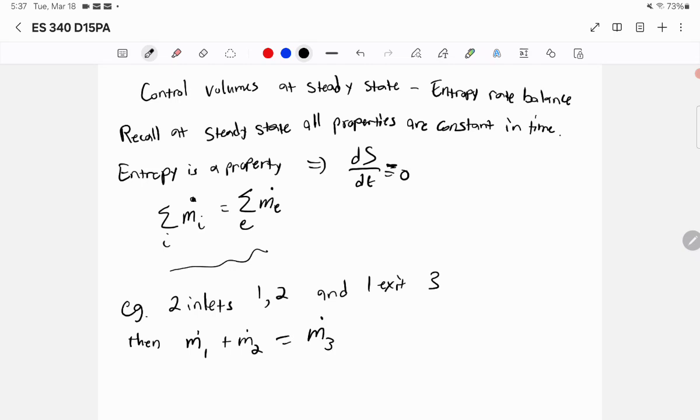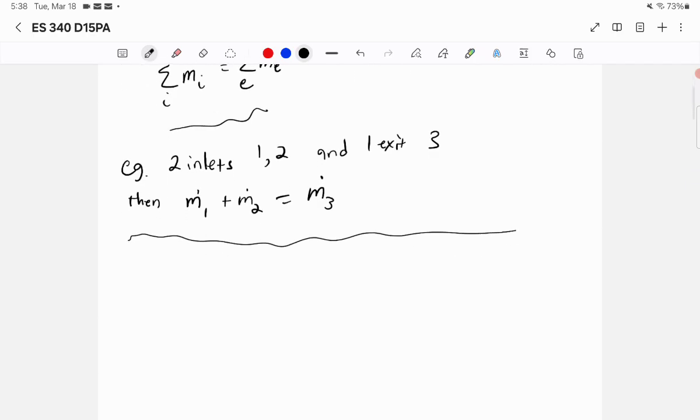That would be the case in that scenario, with two inlets and one exit. So just keep that in mind when we're dealing with multiple inlets or exits. But that's a rare case. We won't deal with that mostly